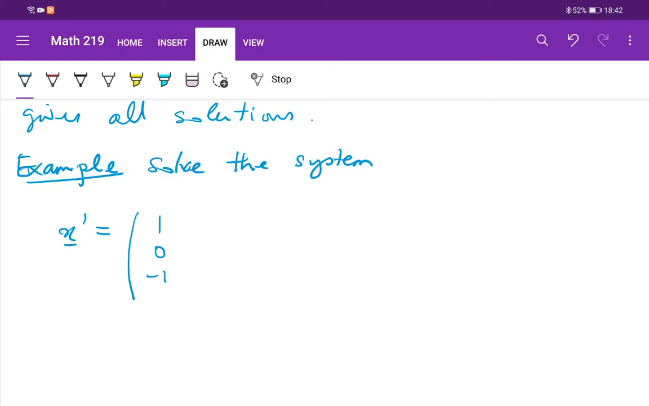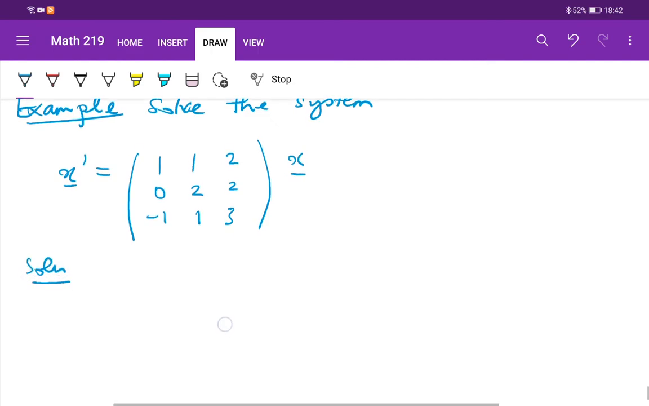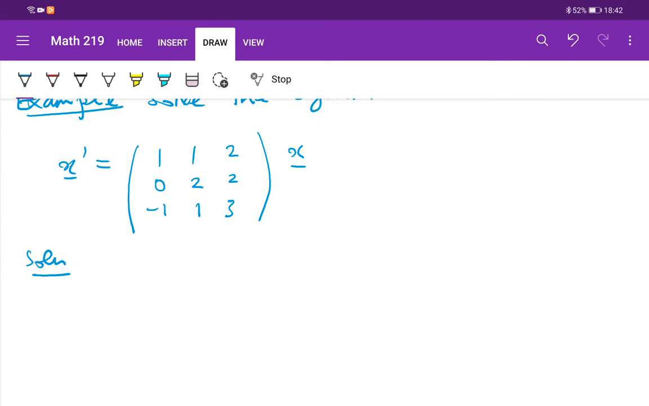Minus 1, 1, 2, 1, 2, 2, 3 works. Okay, so 3 by 3 system. And so last time we saw that this has 3 eigenvalues. So lambda 1 equals 1, and we found that the eigenvectors correspond to some multiple of this,